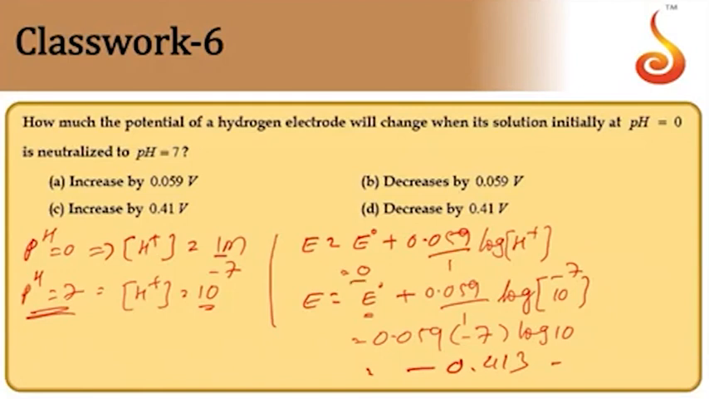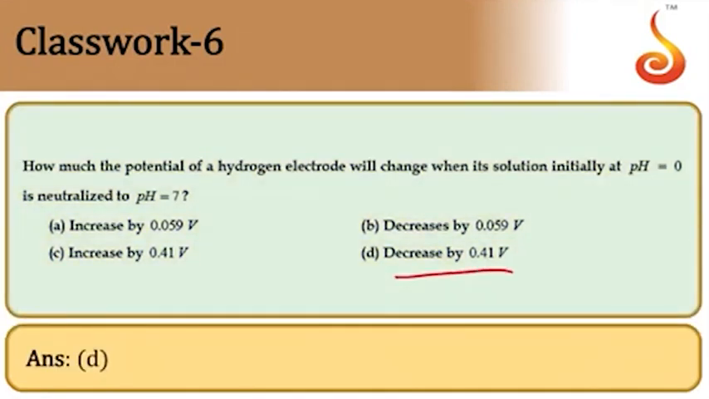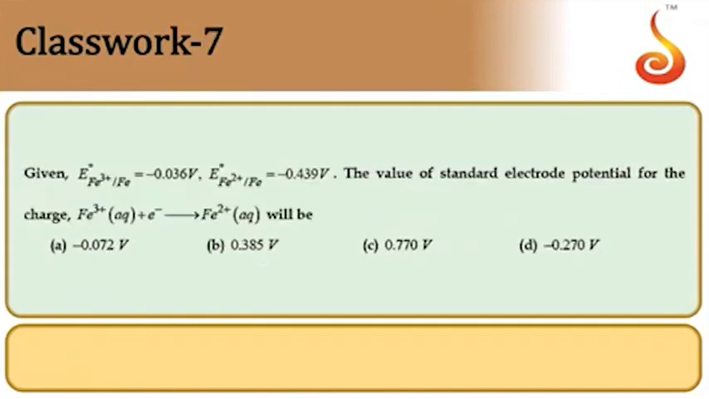Initial value is equal to 0. Now the value is equal to minus 0.413. Means the value decreases by 0.413. So decreased by 0.41. So answer is option D. Next,